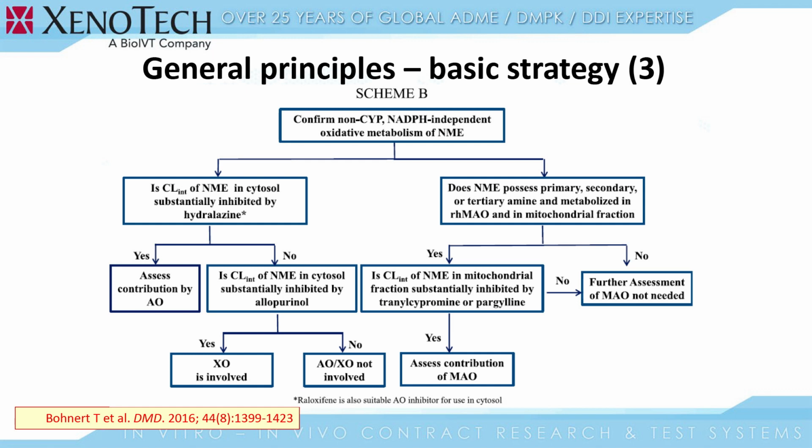Lastly, does the compound possess primary, secondary, or tertiary amines, and is it metabolized in recombinant human MAO and in the mitochondrial fraction? If the answer is yes, and the clearance in the mitochondrial fraction is substantially inhibited by MAO inhibitors, then we'll assess the contribution of MAO enzymes. And if it's not, no further assessment of MAO